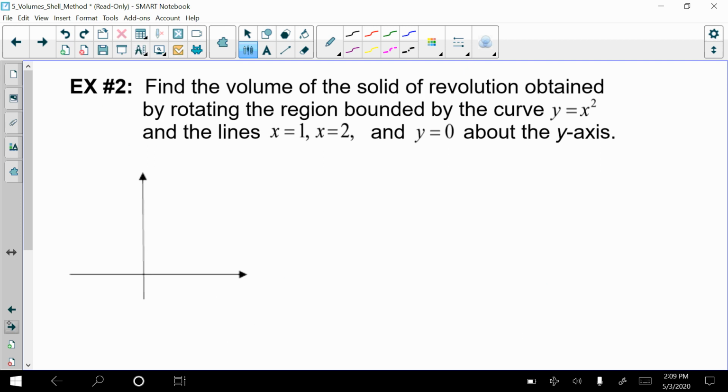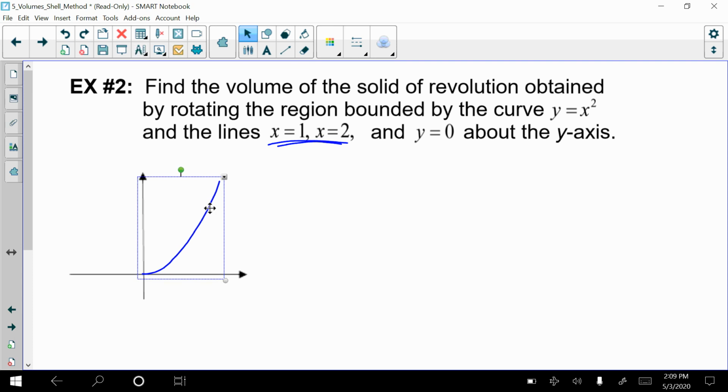Let's go ahead and take a look at our first example. We have two examples that we're going to look at in this video. Find the volume of a solid of revolution obtained by rotating the region bounded by the curve y equals x squared and lines x equals 1, x equals 2, and y equals 0. Now these bits basically tell me that we don't need the entire function. We could take the parabola and go like that, but we really don't need the left side because,